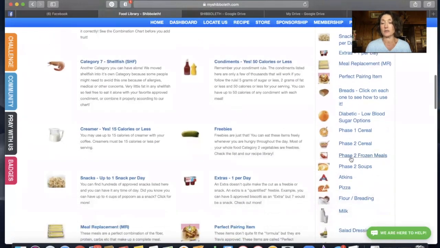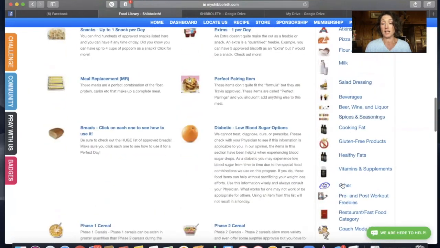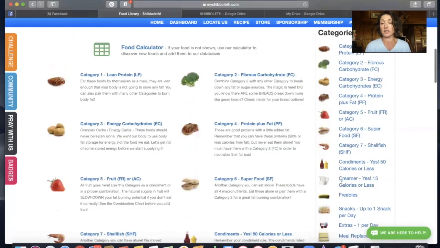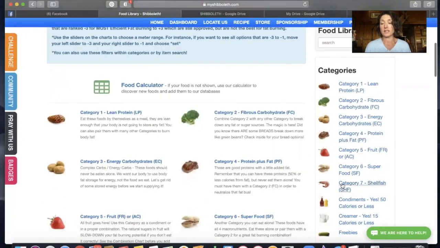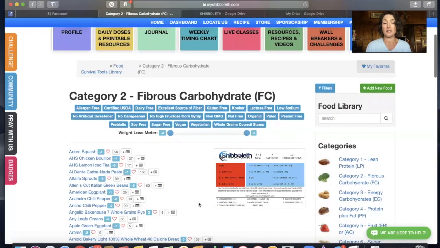You can find frozen meals, cereals, soups, pizza, flours and breading, milk, salad dressing, beverages, all kinds of amazing things in here. And you can open up, let's say, for example, the category 2 fibrous carbs. They're all going to be listed here. But what you'd want to do in weight loss is set your weight loss meter to -3 to -1